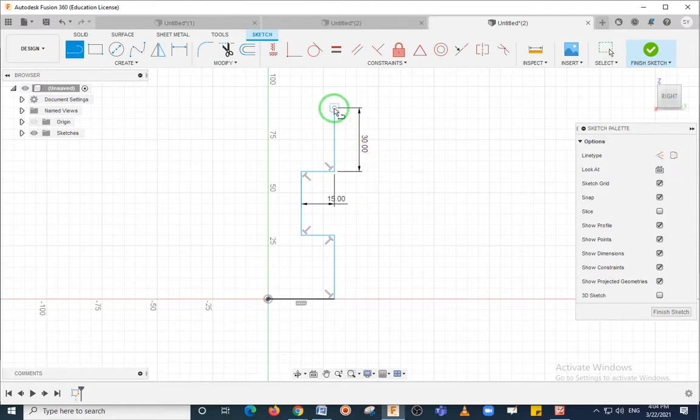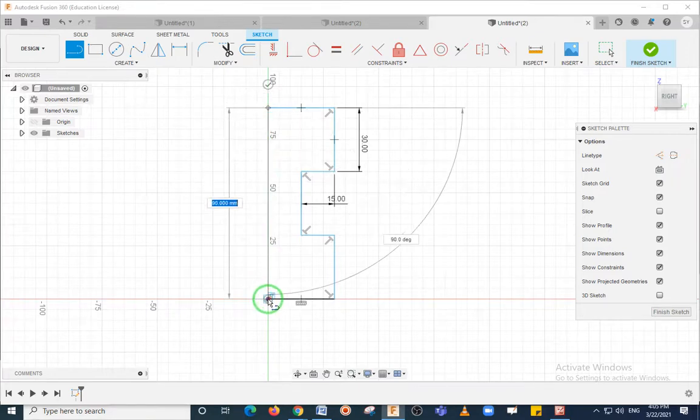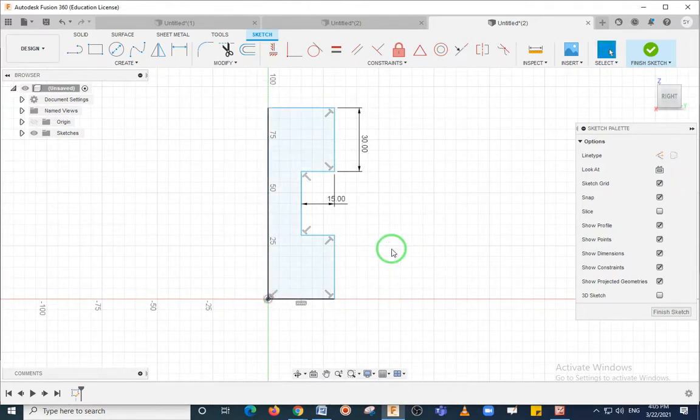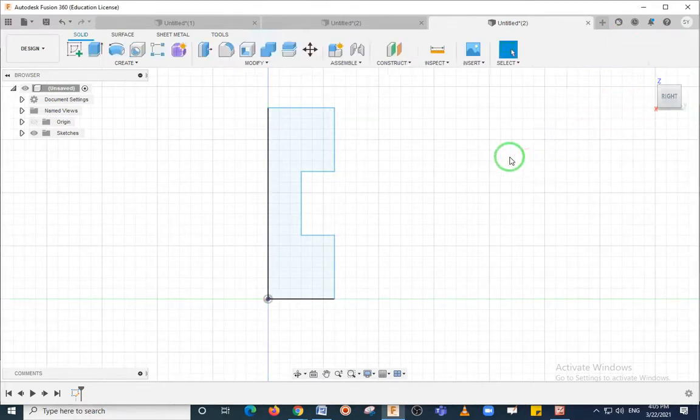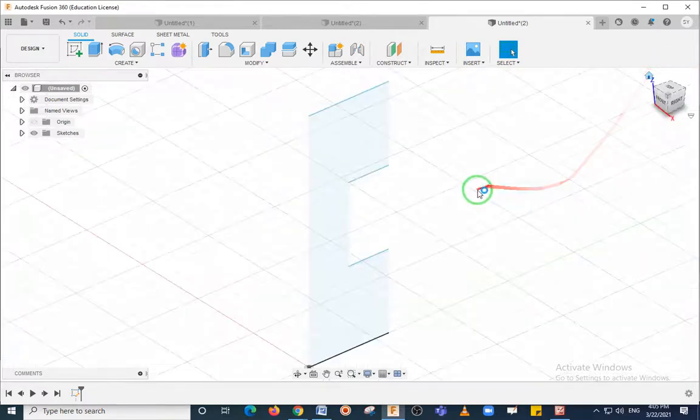Now again press L for taking the line, and you can just click here so that you can draw the line of 30 distance. I have clicked the last point here, and I can join or close the geometry. Now as the geometry is completed with the proper dimensions, you can click finish sketch here. As you click on finish sketch you will enter the part environment. Now this sketch should be in the isometric view, so you can click here to make this plane isometric.